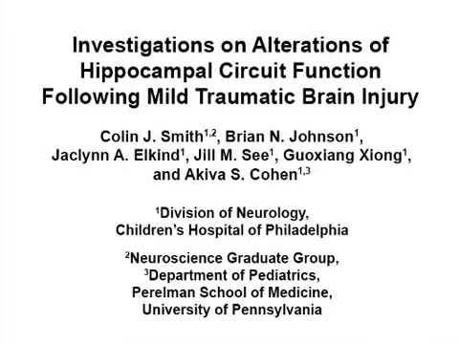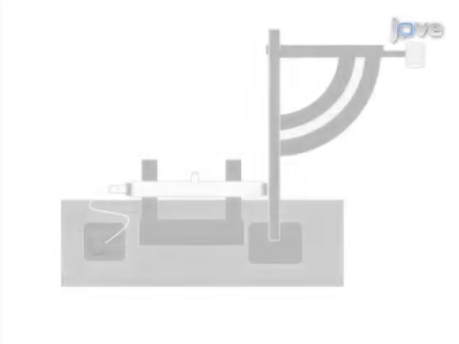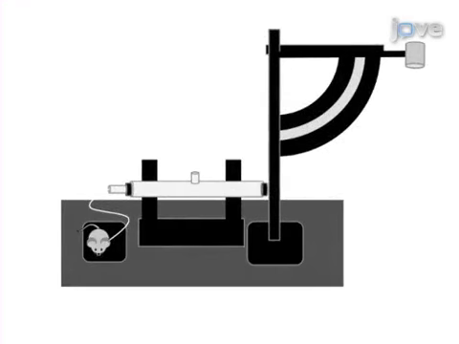The overall goal of the following experiment is to probe changes in network function of the brain areas affected by an experimental model of mild traumatic brain injury. Experiments begin by administering a lateral fluid percussion injury to a mouse, which mimics both the pathology and symptomology of human mild traumatic brain injury.